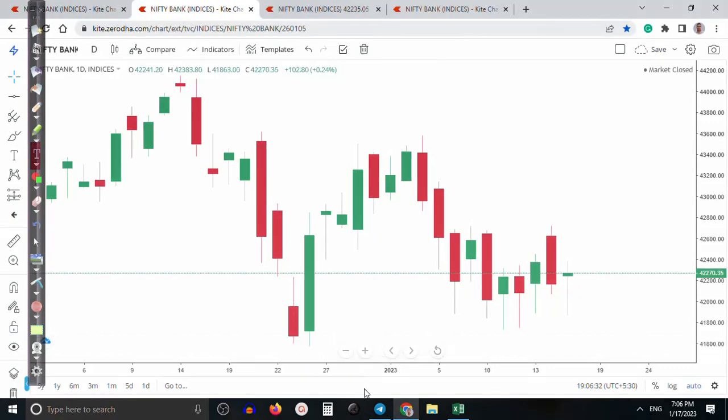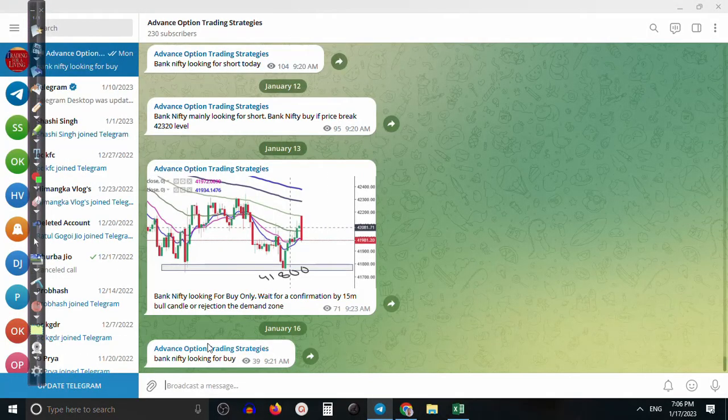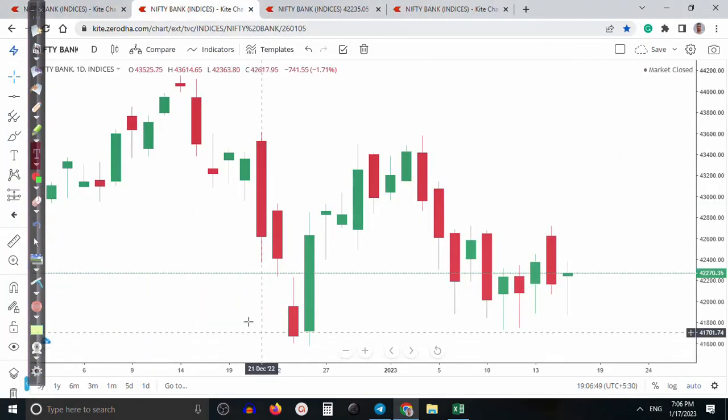Alright guys, this morning what I updated in my Telegram channel, Bank Nifty was looking for buy. So today we were looking for buy. Let me explain why we are focusing on the buy side today. And first, let me show you here